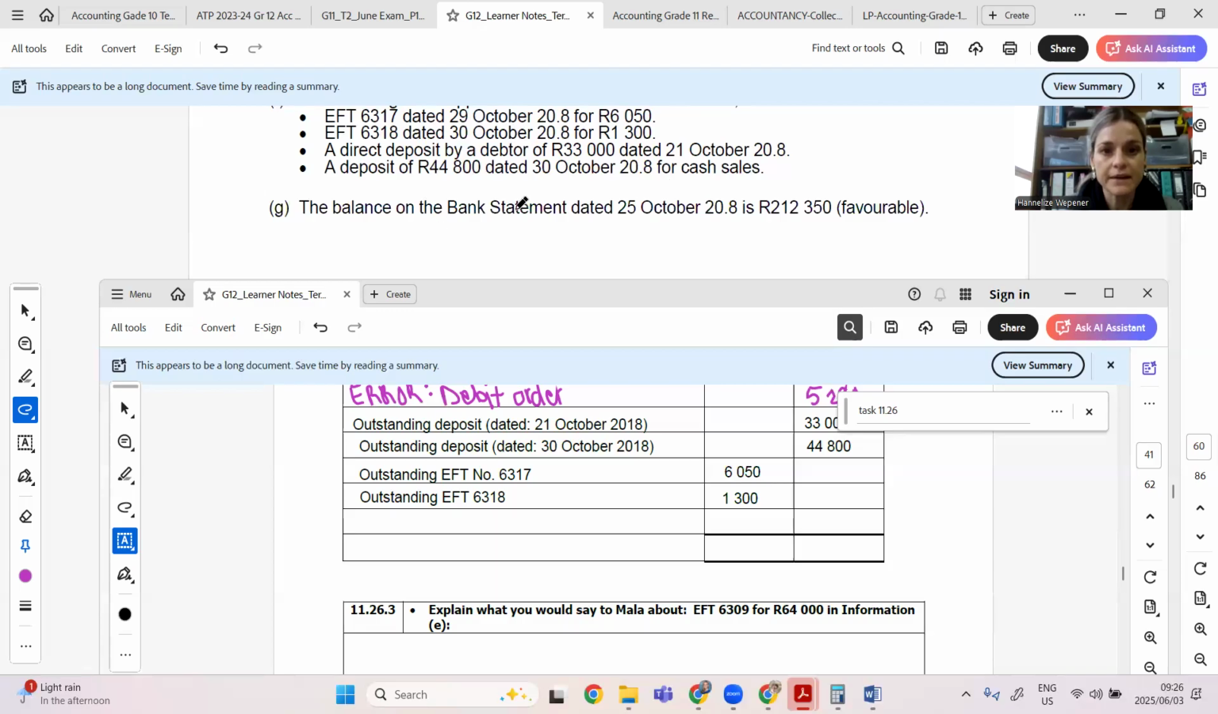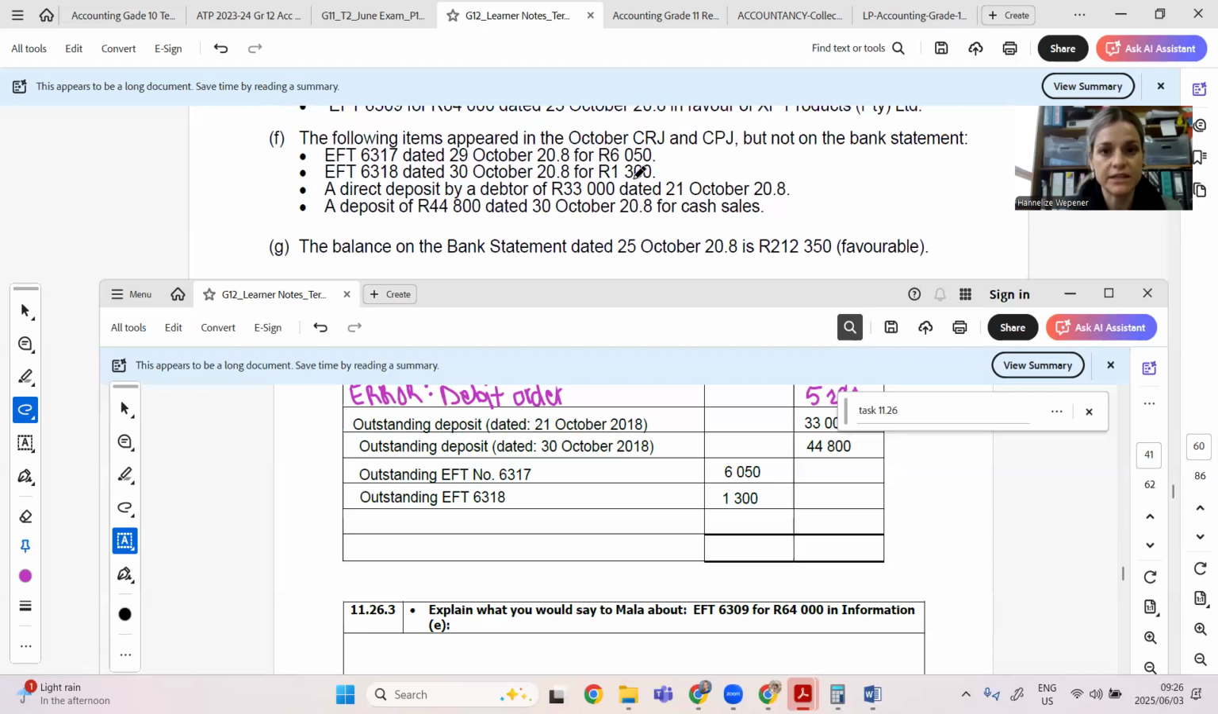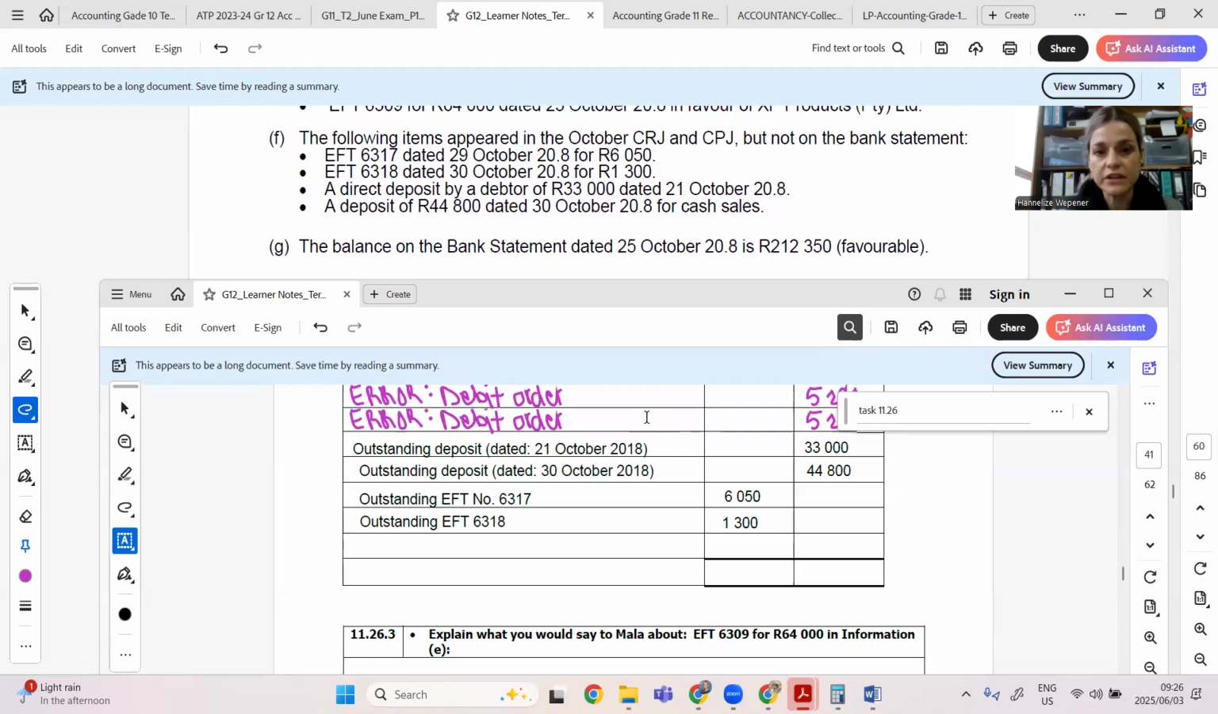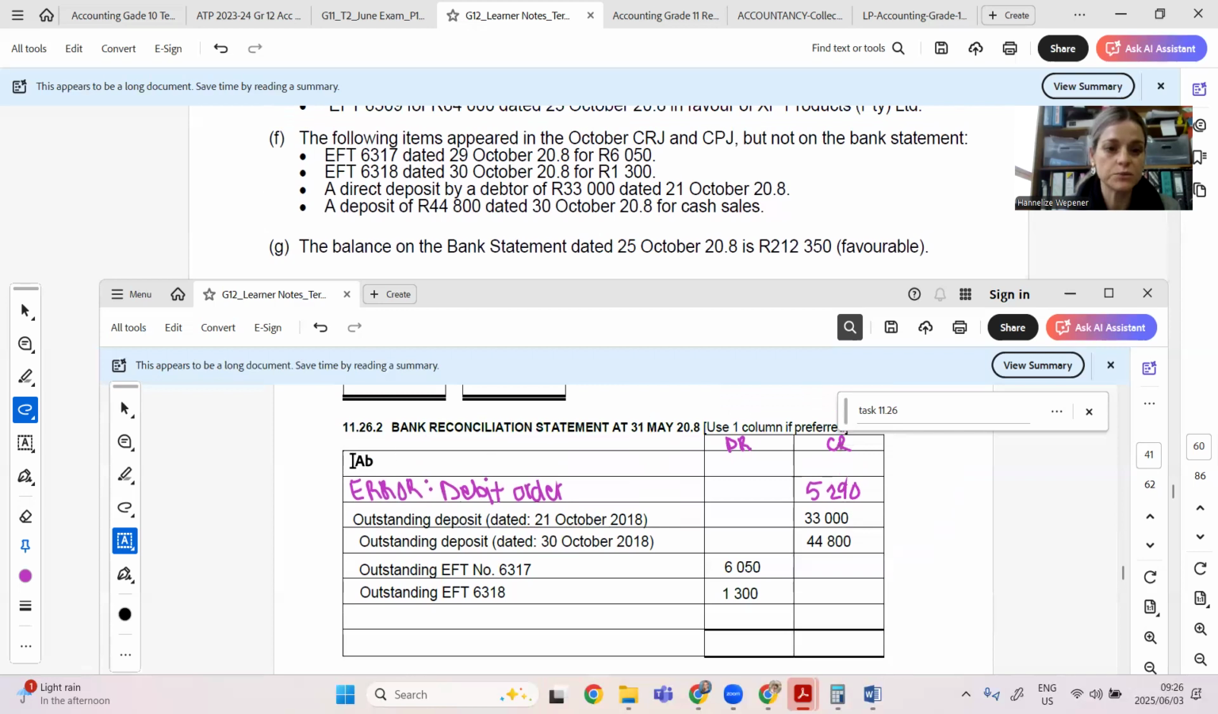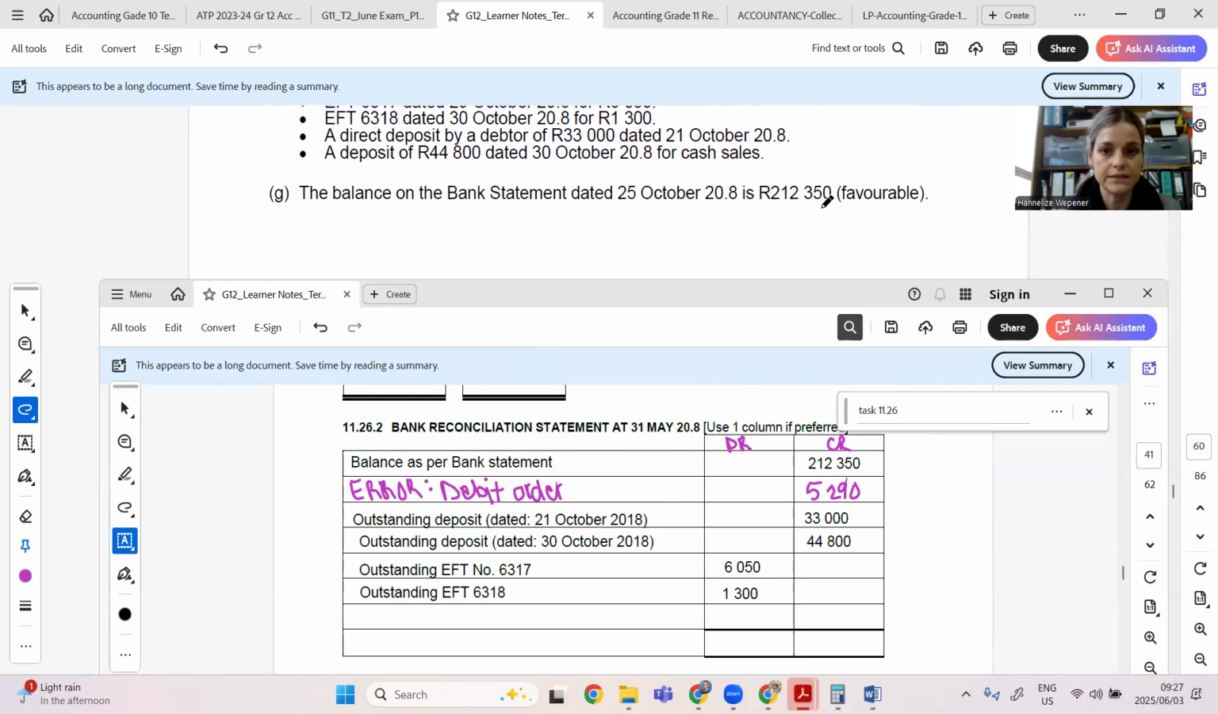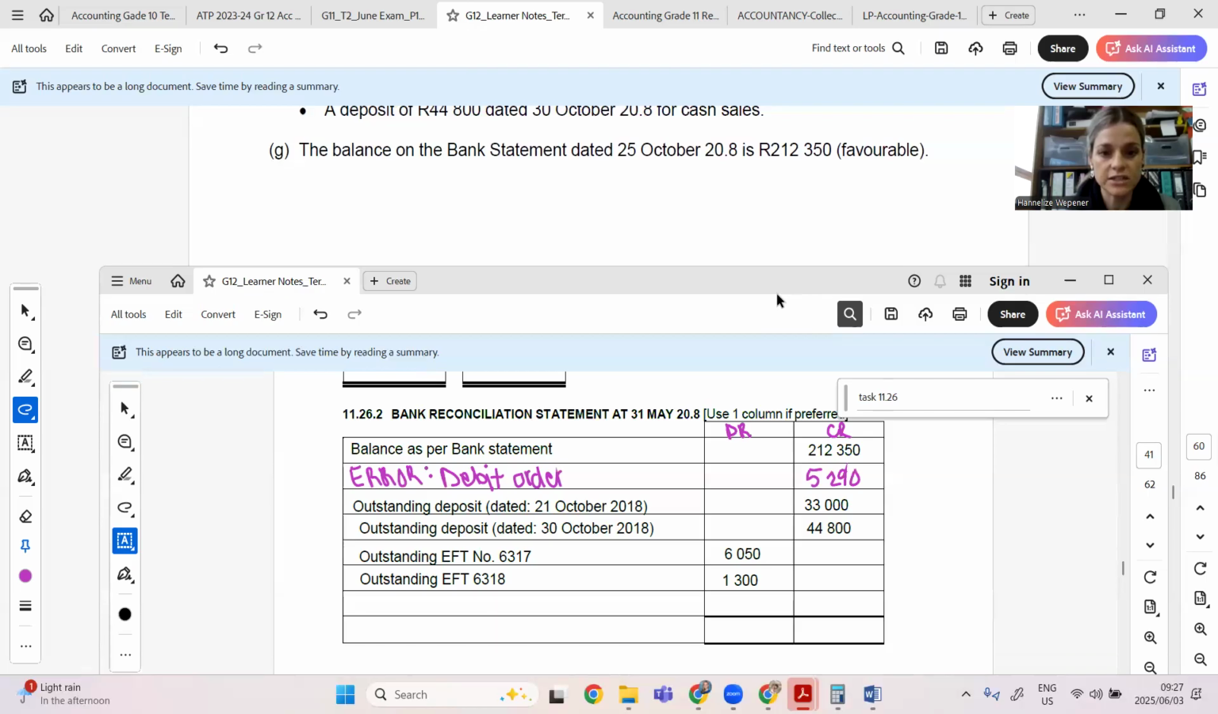Then it says that the bank statement dated the 25th. See, so it makes sense for some of these amounts to not yet reflect. So dated the 25th was a favorable balance. And that's what we start with. We always start with balance as per bank statement. And they are saying it's favorable. And remember, if you have a favorable bank balance on the statement, then it is a credit balance, even though in your books, it is a debit balance. And that's it. So we now just need to